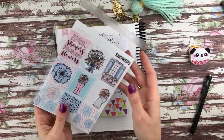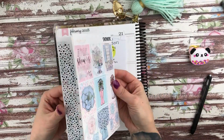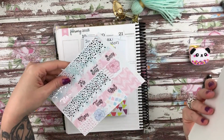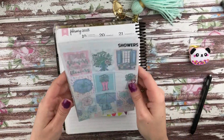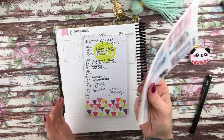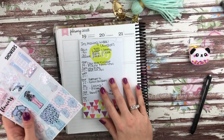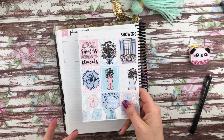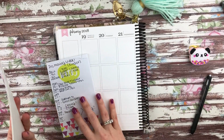The whole kit's not an oops kit, but there were a couple of little issues on these full boxes. I'm not sure if I had problems with the washi. Yeah, I think so. So these are both oops sheets as far as the foil goes, but everything else is fine. And when I was foiling these and a couple messed up, I went ahead and put them over to the side for myself. So this obviously is more of an April or a May kit, and it's February,